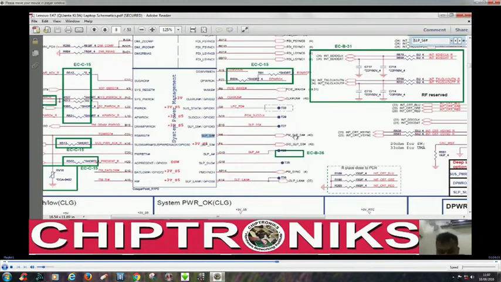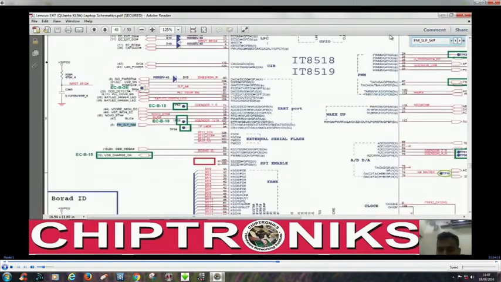You can see this is EM underscore SLP underscore S3, and this signal is going to various voltage regulators. You can see it going to page number 40, and EM underscore SLP S4 is going to the